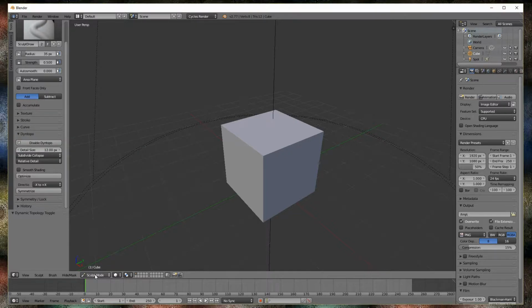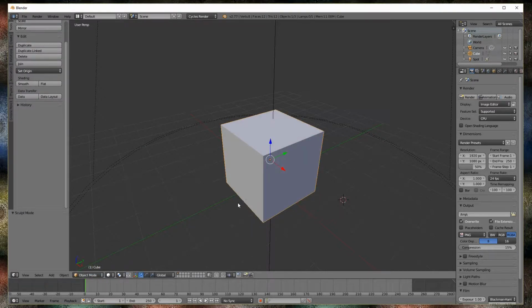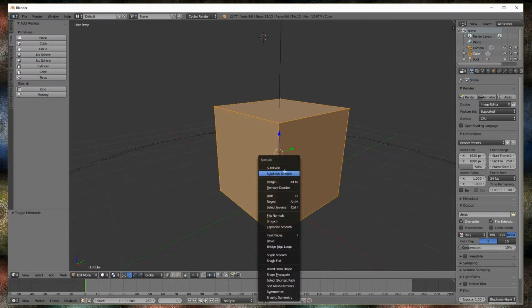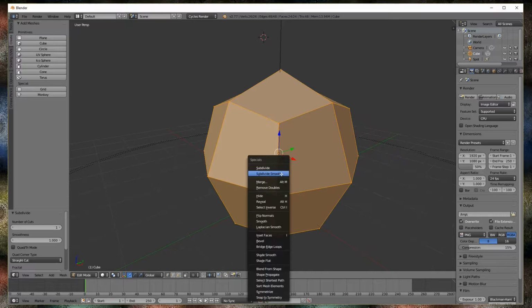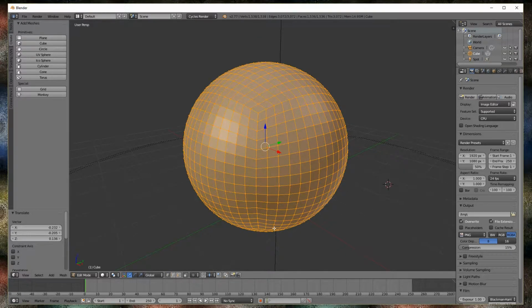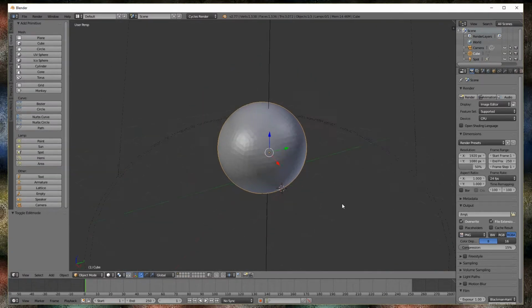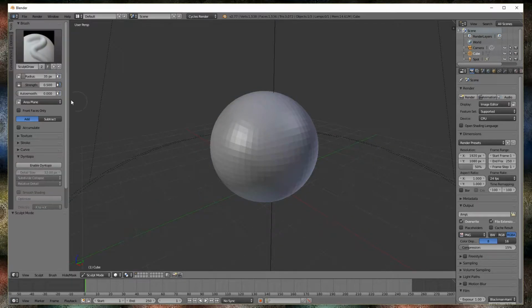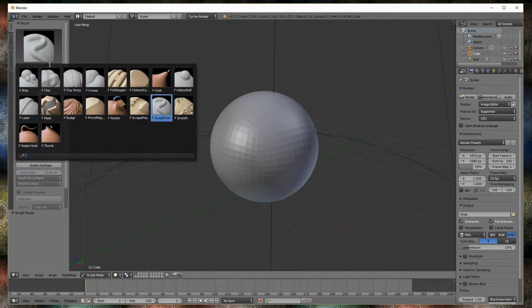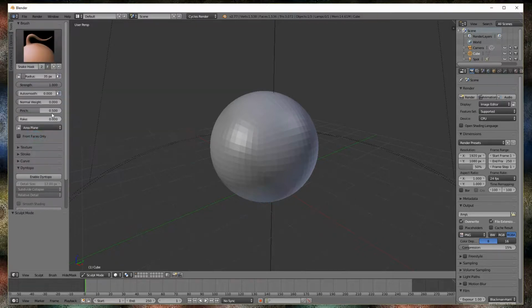So let's go straight into object mode and let's go into edit mode. So let's subdivide this. So let's choose the subdivide smooth option. Now we have subdivided our object. What we're going to do now is create something quite simple to start off with. So we're just going to look at how we can manipulate this object, and I'm just going to show you some very basic concepts using the F-Snake hook tool,